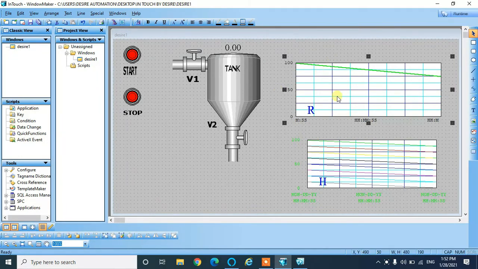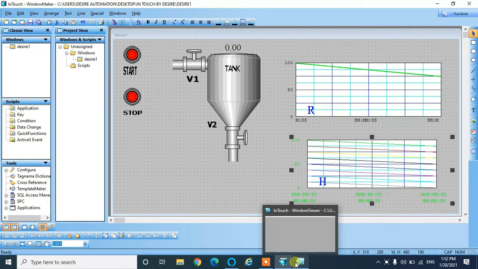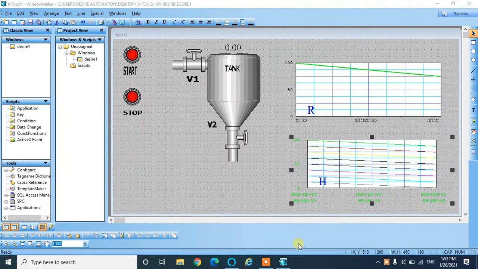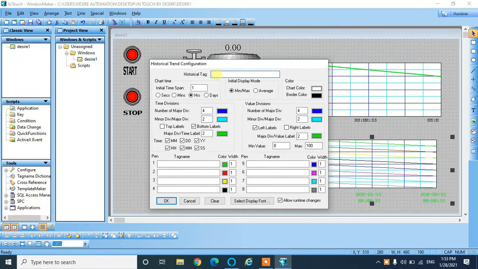Now double click on the historical trend. Before that we have to make sure that the run InTouch window viewer window is closed. So I close it, otherwise the historical trend will not be defined properly. Just double click on the historical trend, then give the historical tag as HT.